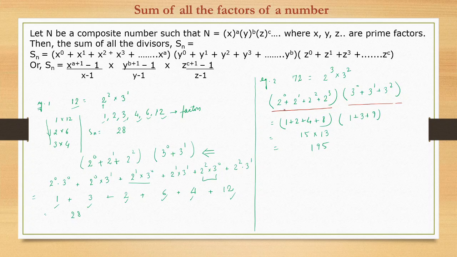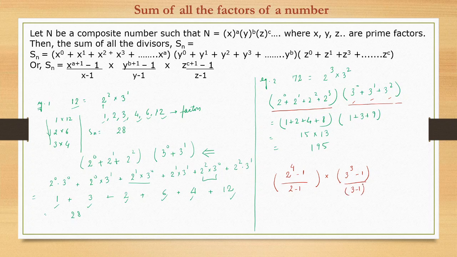But those of you who know about the GP series, we can see this is a GP series with a common ratio of 2. It's increasing by a factor of 2 here. So the summation of a GP series can be given as 2 raised to power n, where n means the number of terms here, 4, minus 1 upon 2 minus 1. Similarly, here the common ratio is 3, 3 raised to power the number of terms, we have 3 terms, 1 2 3, 3 raised to power 3 minus 1 upon 3 minus 1.